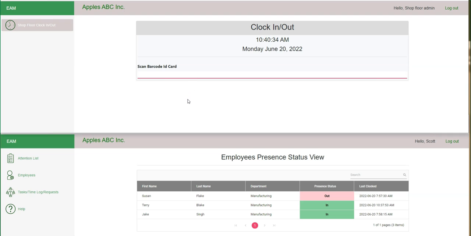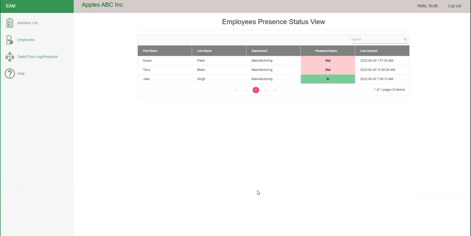Likewise, when they clock out, it will also indicate the employee is out and their clocked out time. You can also search the list, such as by the employee's name, the presence status,